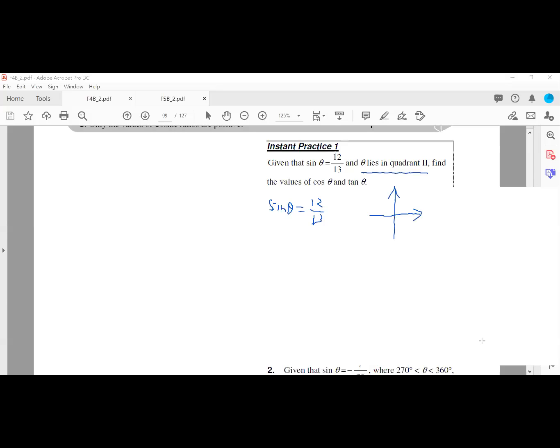Quad 2 is this one. Okay, according to the ASTC, quad 2 is only sine is positive, which means that cosine theta will be negative. Okay, cosine theta is negative, and then tangent theta is also negative. It's okay. 好啦，但係負數負幾多咧？我哋就要咁樣做咯。We always use sine alpha,